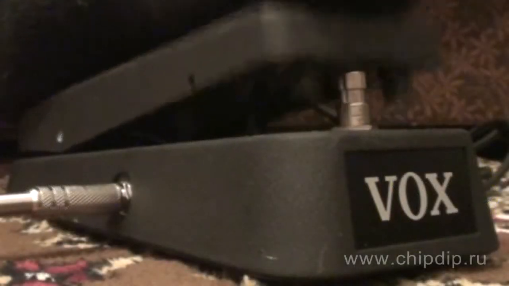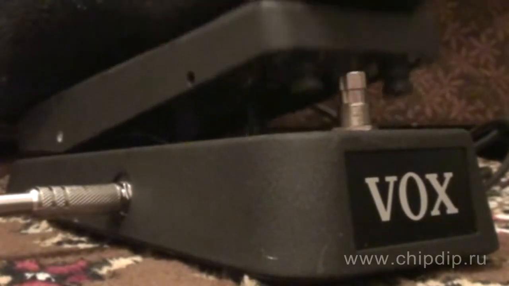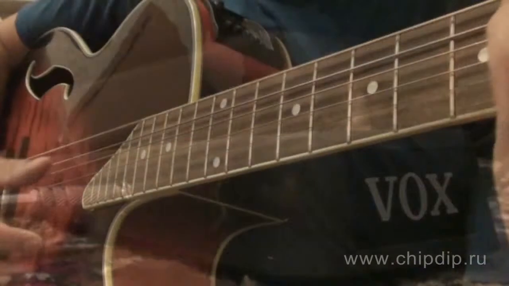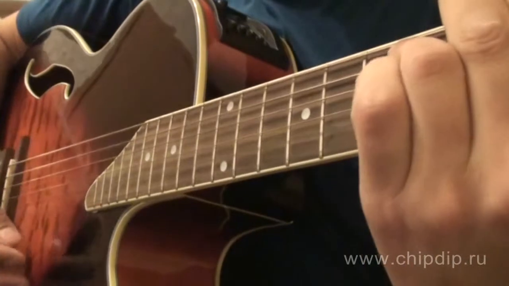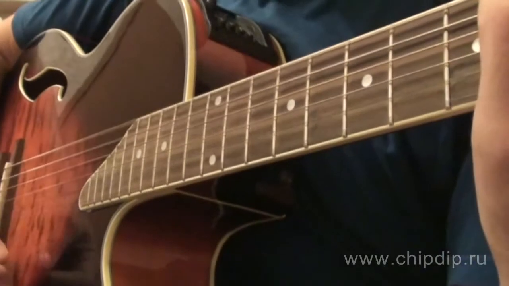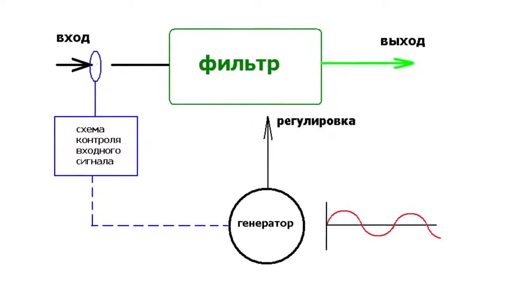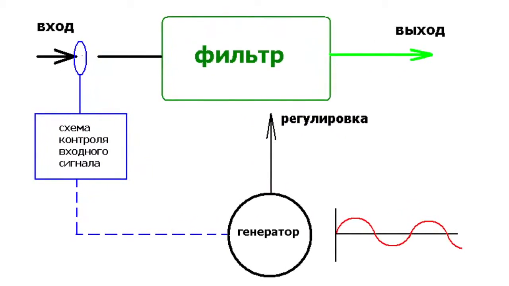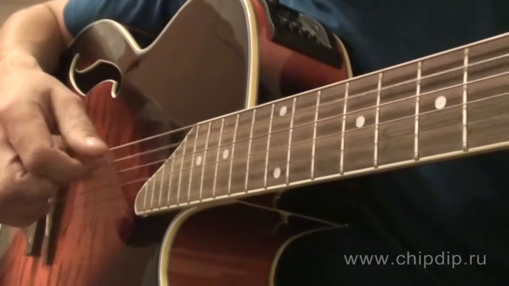The former is controlled with a pedal, which lets musicians alter their sound cyclically, and the latter simply changes the frequency depending on the level of the input signal or based on the preset rhythm. The essence of the autowah effect is that the circuit reacts to the attack initial phase of the guitar signal, which actuates the generator that imitates pedal movements. Thus, the guitarist is relieved of the duty to constantly press the pedal. Although such an automatic device can hardly replace the real effect, it could come in rather handy, for example, in accompaniment play.